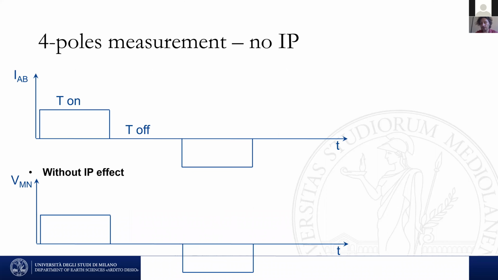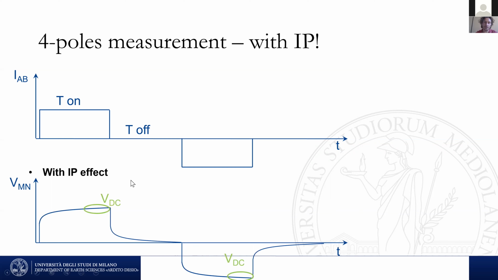So if we measure in a ground where there is only a resistivity and there is no chargeability, what we do expect is that for each turn on of the current, we have a voltage that follows immediately without any delay. So this would be, in the top, the evolution as a function of time of the injected current between the electrodes A and B. And in the bottom part, we have the voltage that we will measure between two electrodes M and N following the current injection. This is the kind of measurement that we have if there is no induced polarization, but actually